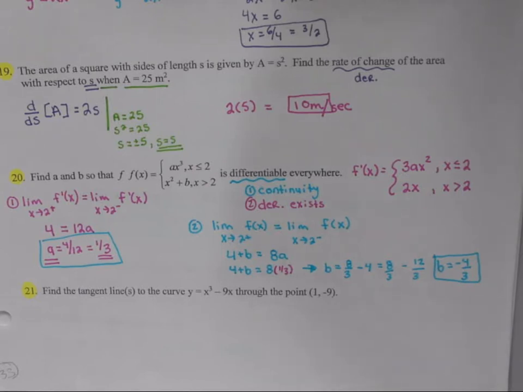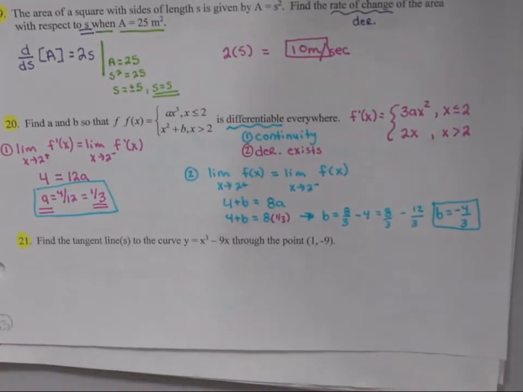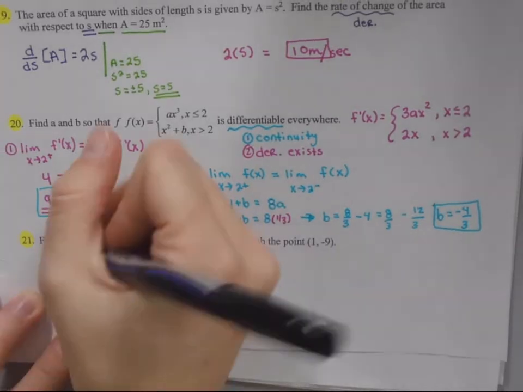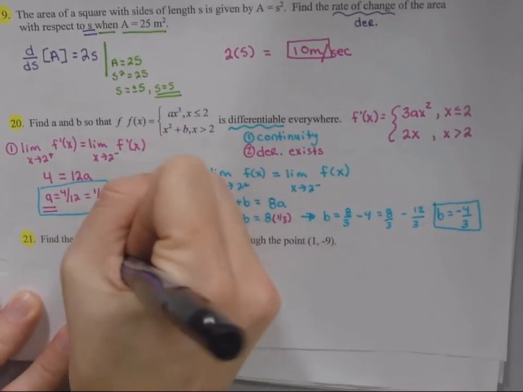So the last one, 21, is a little bit of a complicated process, so I'm going to take out a separate sheet of paper to help us. I'm not going to solve this one all the way through, but I am going to help you with the setup to figure out what it's asking. So it's asking us to find any tangent lines. Tangent lines meaning the derivative